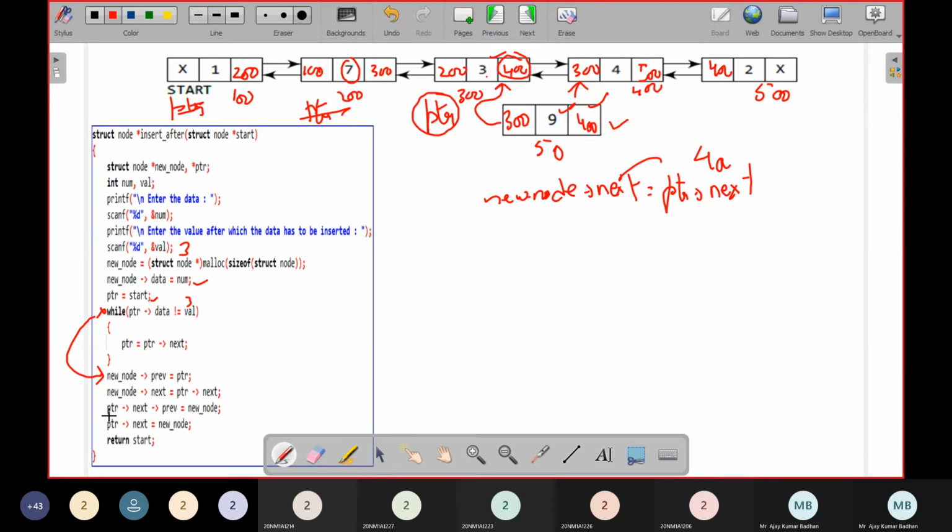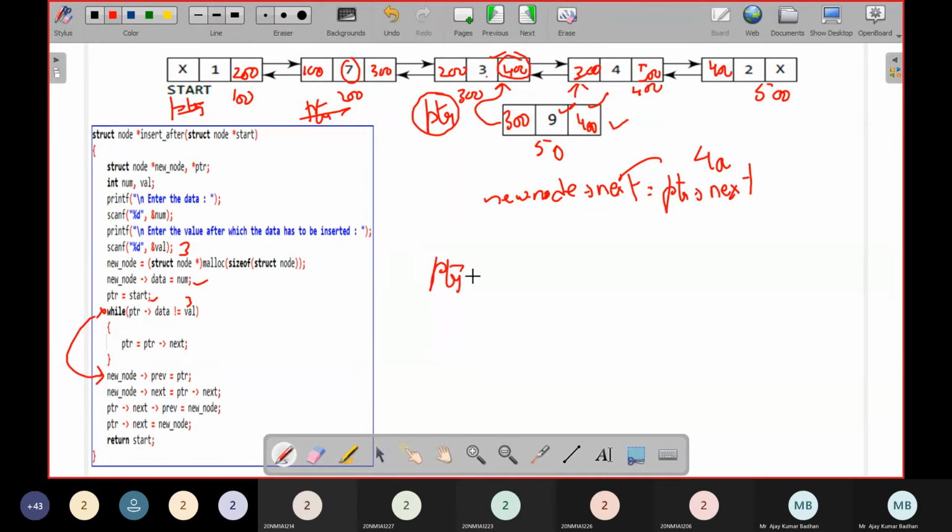How can we do it? Pointer next previous equal to, now I want to replace this 300 with what? What is the value we have here? It is 300. Now what I want to do here is pointer next previous equal to new node.